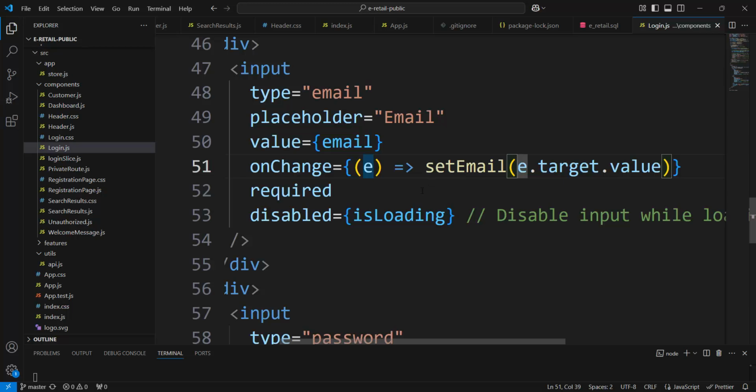Set email. Look, something is also interesting. I said that a function with parentheses would be called immediately in initial rendering. But I also said that not always. Here it is when not. Why would it not be called in initial rendering? Because it is in the body of an arrow function. It is not onChange